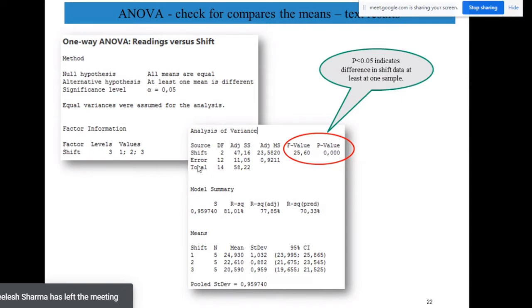Here you can see the within group is also called error. If the within group variation is more, your R square will be less, because it is compared with the total variation. So 81% is your R square value. It means that the remaining 19% is your error or within group variation. So the thumb rule is R square should be more than 80%. It means within group variation should be less than 20%.